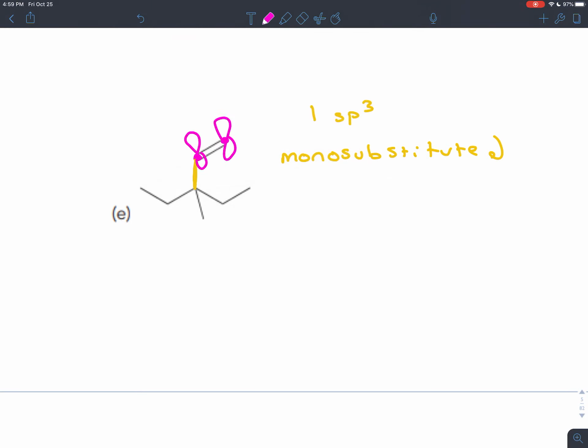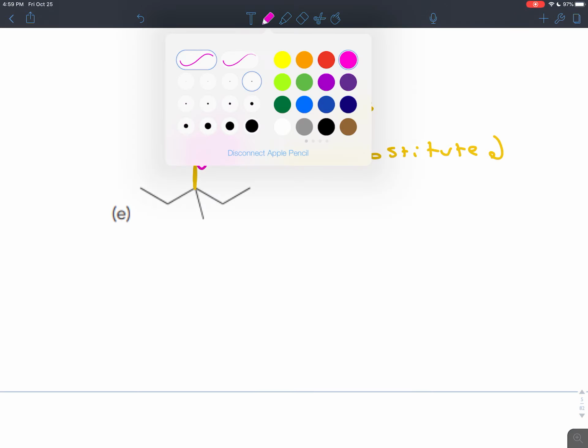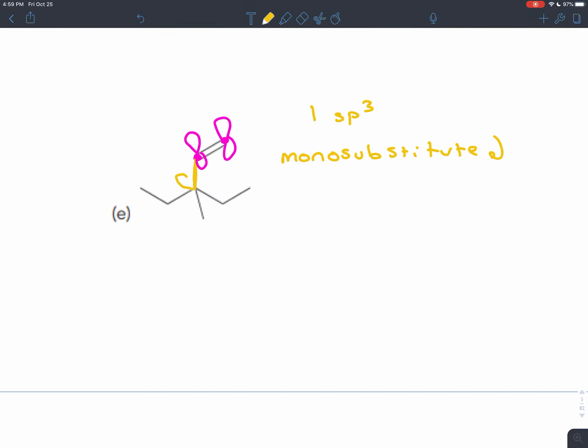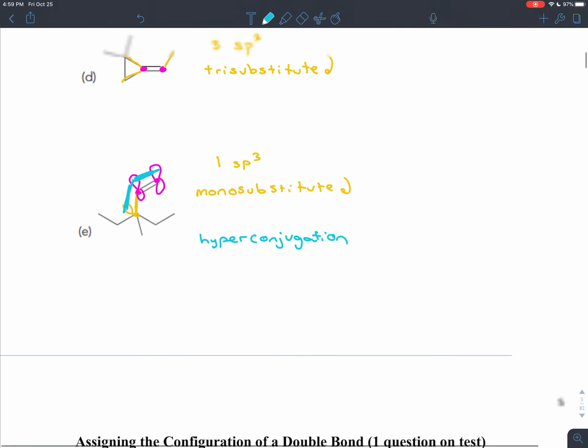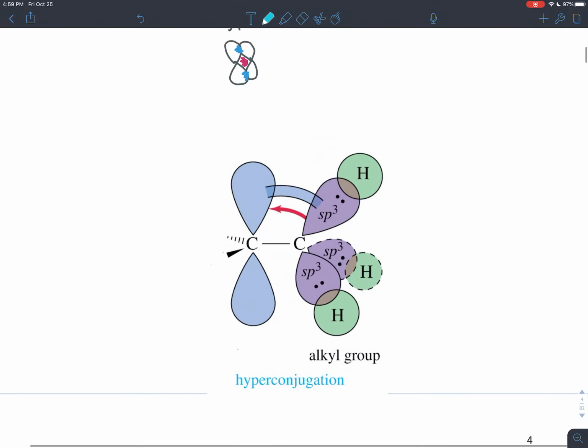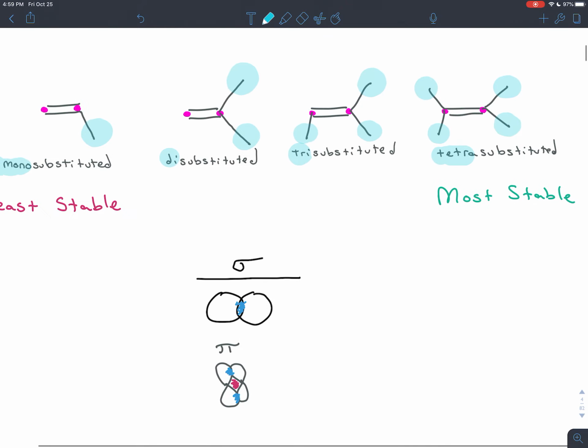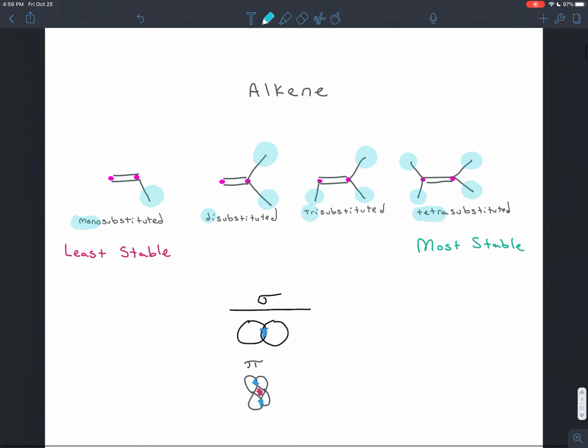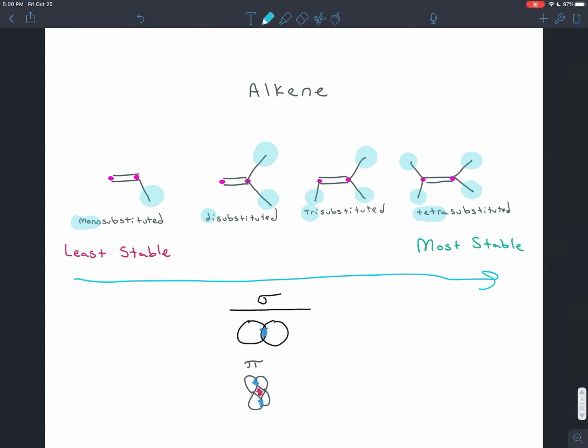Right, we have those p orbitals here. That's what's creating the second bond, the pi bond. And we have an sp3 orbital here. And the electrons are able to leak into that. The electrons in this bond are able to leak into that a little bit through hyperconjugation. That lets the electrons spread out, and so that stabilizes them a little bit. Okay, again, through this hyperconjugation, the p orbital and one of the sp3 orbitals overlap a little. So you'll want to be able to look at alkenes and quickly tell how substituted they are, and based on that, how stable